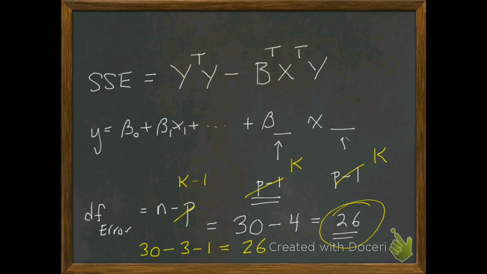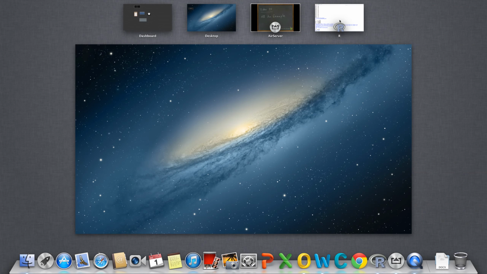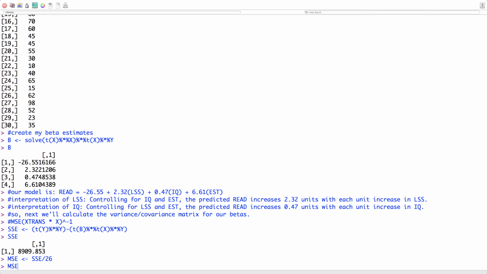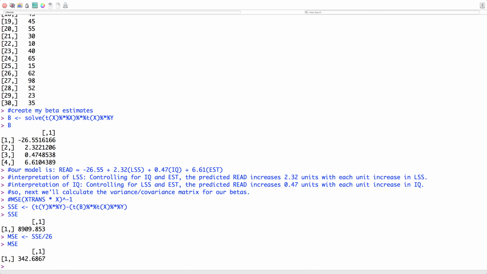Now, guys, I'm not going to make any major changes on you without telling you which one I'm using. And in most situations, I'll probably use both. So, guys, what I can do here is divide this by 26 to get my mean square error. So we can see that my mean square error here is 342.6867. Now, why do I need that? Well, guys, I need that for the standard error for my betas. So my standard error for my betas is going to be the mean square error times, now I want to put this in,